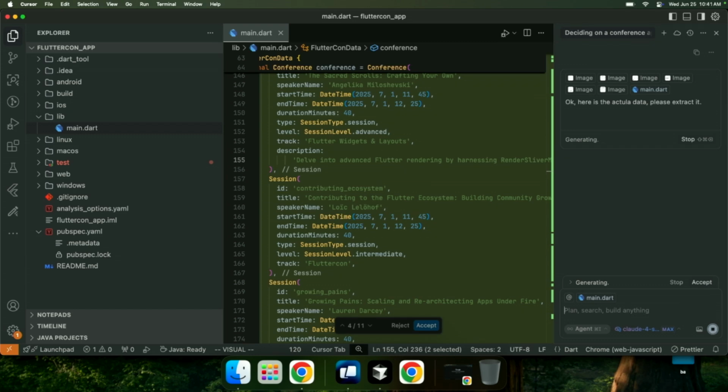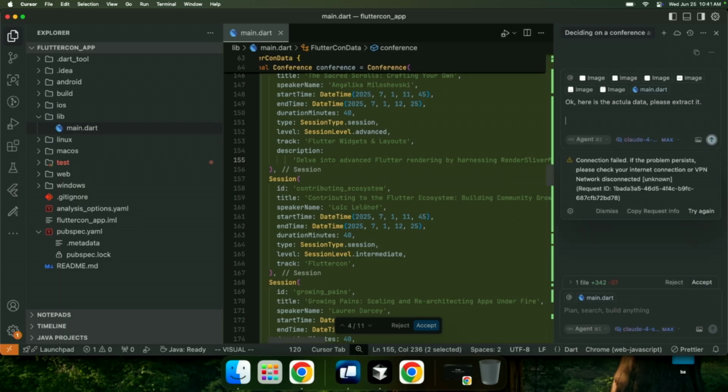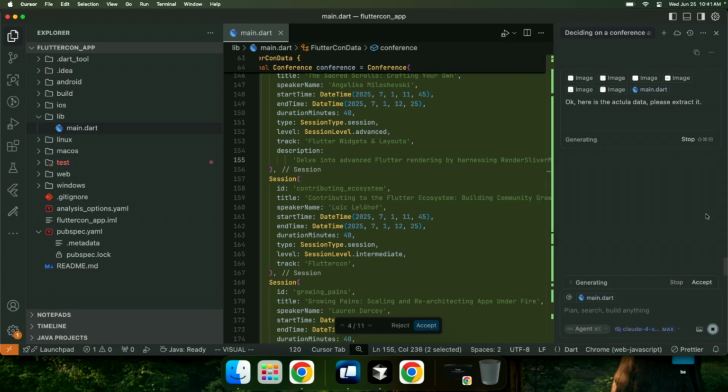While this is going, let's talk about how we're going to architect the app. The thing with AI and vibe coding is that it's all about context and being on the same page. AI at this point is pretty clever and can understand what an architecture looks like and how to write proper code. The issue sometimes is that you're not on the same page as the AI.